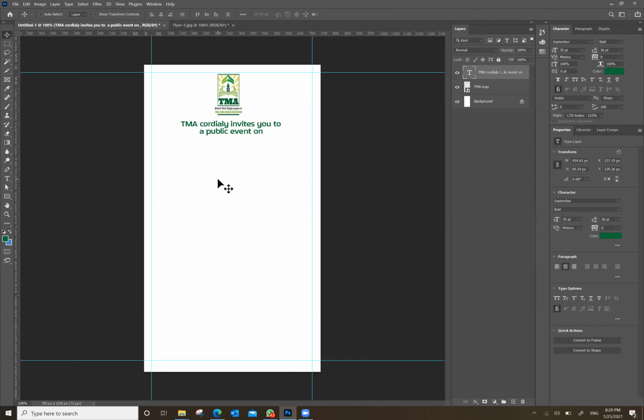So don't type all the text in one layer. Once you're done with this text, come out of the editing mode. How can I come out of the editing mode? Answer me quickly. Move tool. Very good. Jazakallah. That was Fahim or who? Fahim. Jazakallah khair. I need answers from others also, brothers. You need to be very quick in answering so that we can have a healthy session.